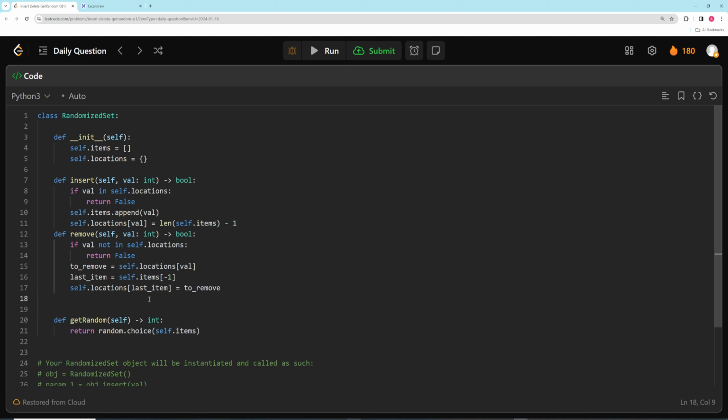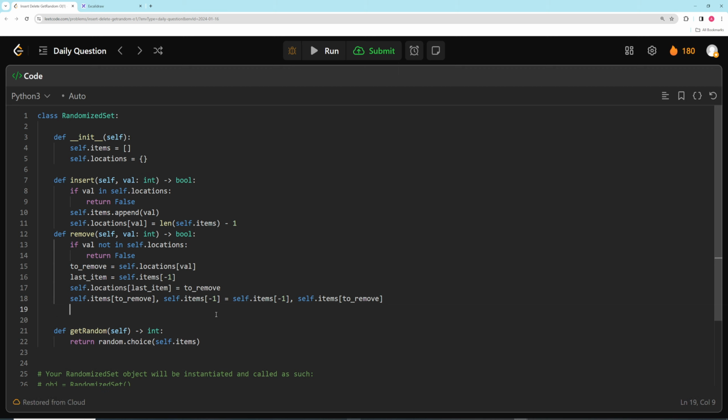Now we need to actually do the swap. That one's pretty straightforward. We just swap the two locations. So we can say self.items, and remember, it's over here, right? So toRemove is going to be the index, and it's just going to be the very last item. So we actually need to manually take the two things in the array and swap those. So we can do it like this, and self.items toRemove. Now that we swap those, we can pop from the array,